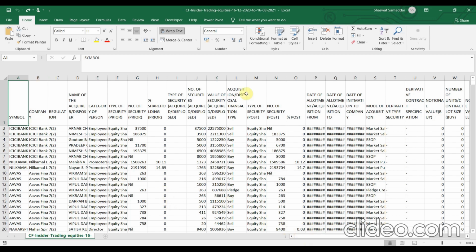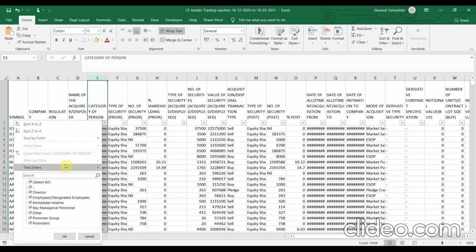So first of all, let me tell you how to filter this data so that we could use it to analyze further. So the first filter would be on the category of person. That is the column E that has been highlighted right now. So in the category of person, I only want promoter and promoter group as my category of person.